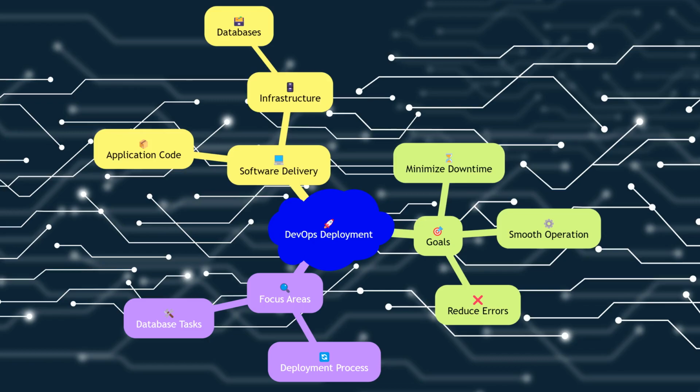In the world of DevOps, deployment is the process of delivering software applications to a production environment. This involves not only the application code, but also the underlying infrastructure, including databases. Effective deployment ensures that applications run smoothly and efficiently, minimizing downtime and errors. This presentation will delve into the intricacies of implementing deployments that include database tasks, a critical aspect of modern DevOps